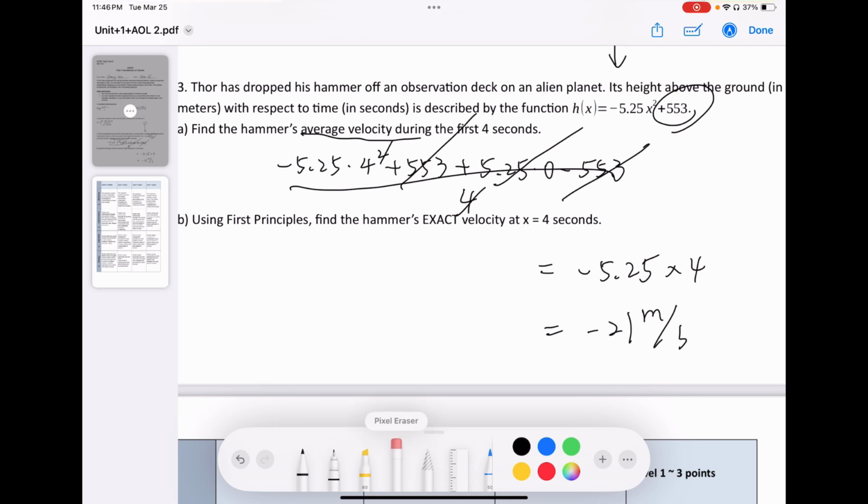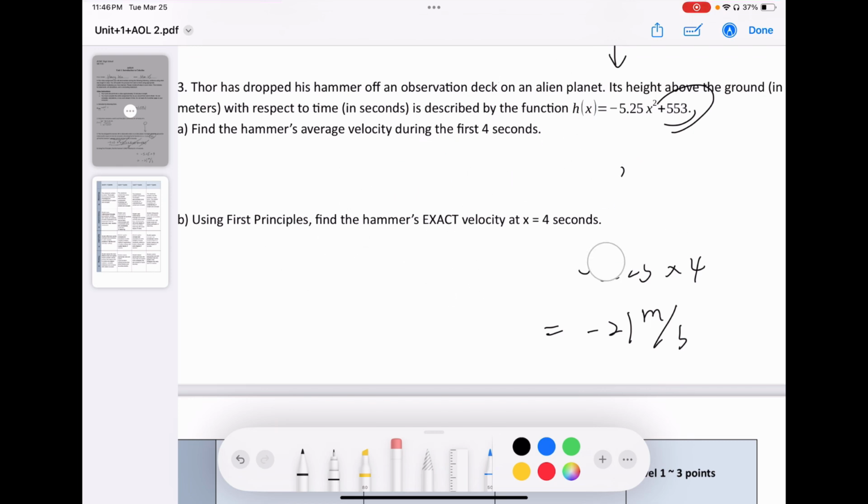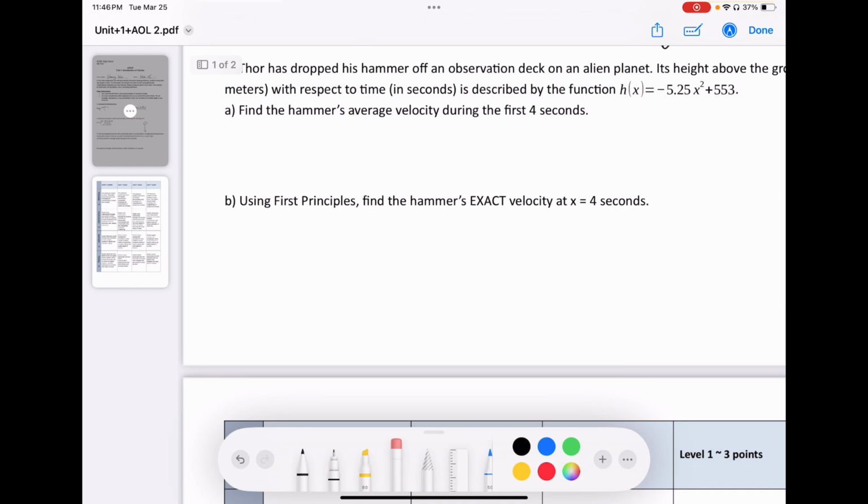And that's the full answer for question part A. Now we're going to proceed to part B. We're going to find the exact velocity at x equals 4. Using the first principle is basically using the limits. So limit as h approaches 0. We're going to write down minus 5.25